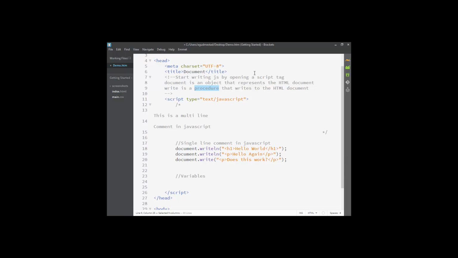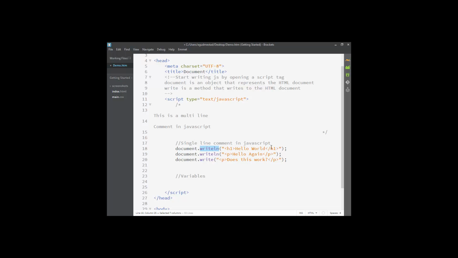Is a method. So write is a method that writes to the HTML document. So write and write-line are methods, whereas procedures are not associated with objects. So document is a procedure, right? We'll show you procedures here in a second. Okay, so now that we fixed my mistake, because write and write-line are methods. We have not dealt with a procedure at this point. But just realize a procedure, these things,